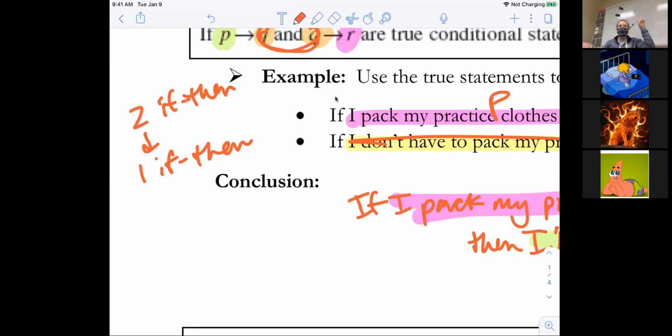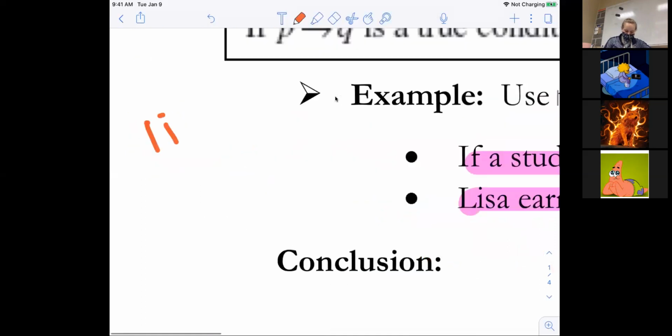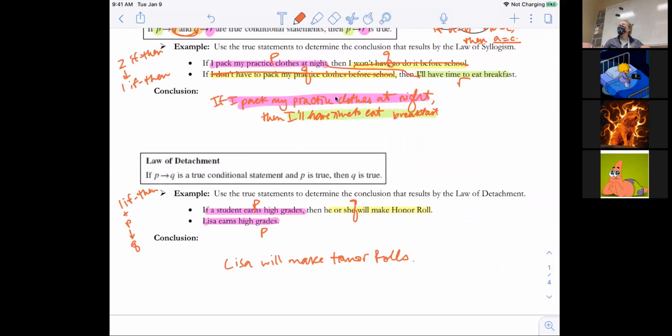It's syllogism only if you use two if-thens, and then you make an if-then. Detachment is one if-then and P, and then you're allowed to conclude Q. So syllogism is two if-thens and then another. Detachment is one if-then and P, and then we get to conclude Q, which is its own individual statement.